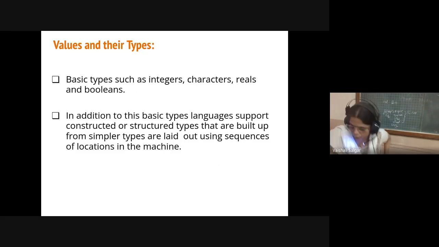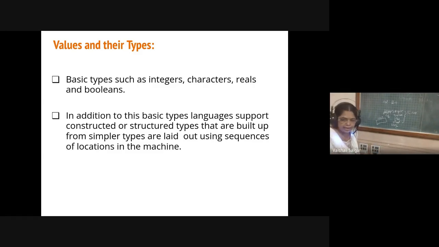Meaning, just now as I explained, from these basic types, whenever I am saying integer, it will allocate 2 bytes, that is 16 bits of memory for that particular integer variable.